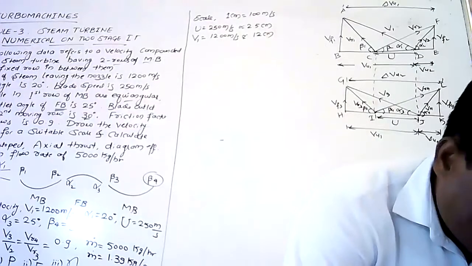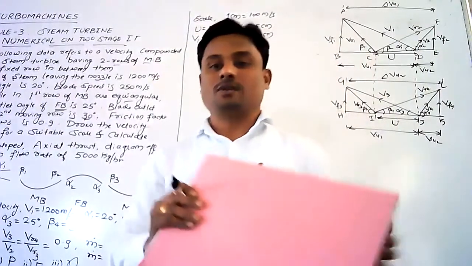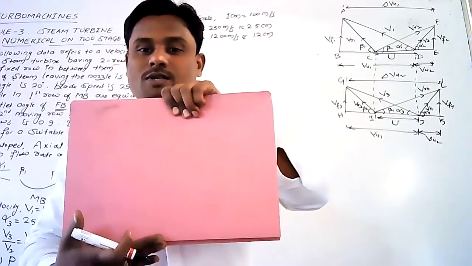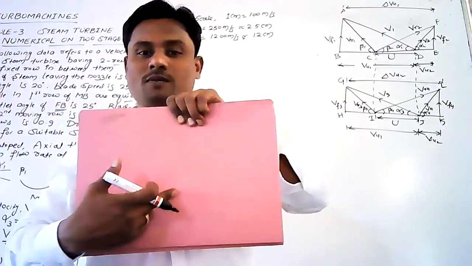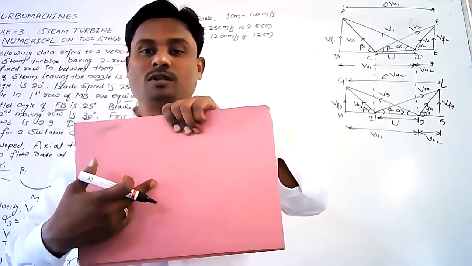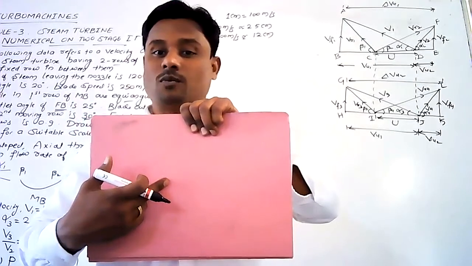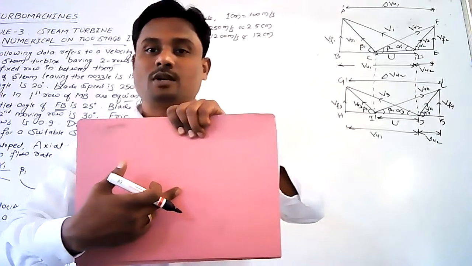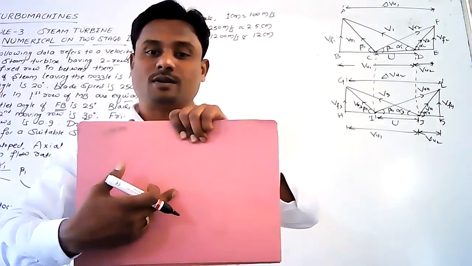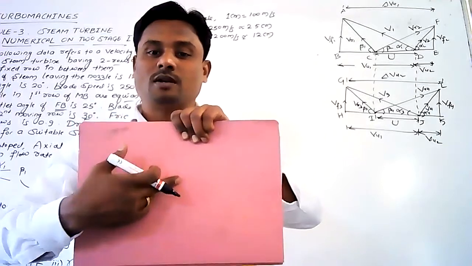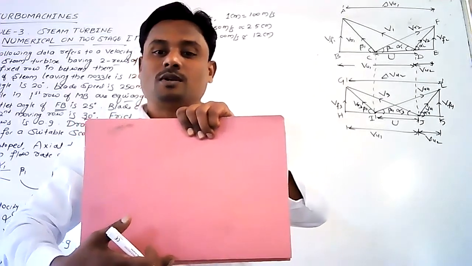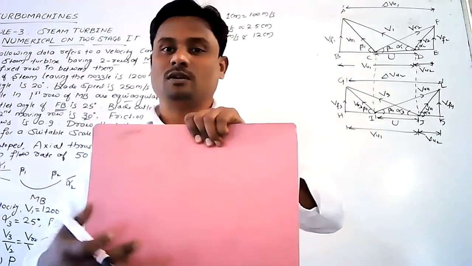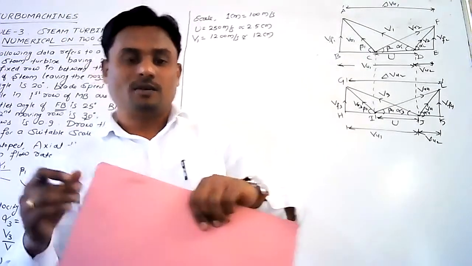How to use a graph here. This is your graph paper, just hold it in the horizontal or landscape mode. Divide this complete graph into two halves at the center, because we are going to solve this problem by starting with stage number 1. So start at the middle. You can draw the U line, a 2.5 centimeter line at the center. This portion is for stage 1 and this will be for stage 2. For stage 2, just leave 1 centimeter from the bottom and you can draw the value of the line here. This will be more clear if you solve it systematically.